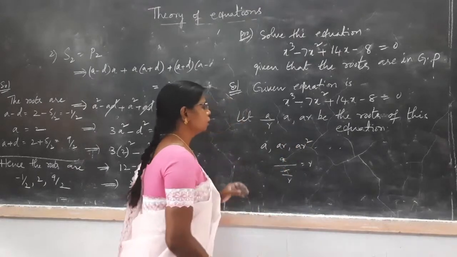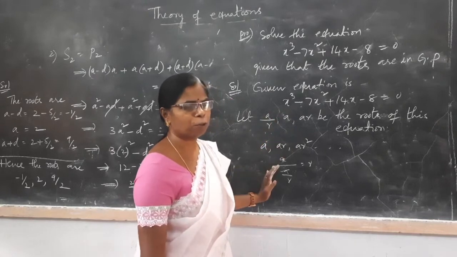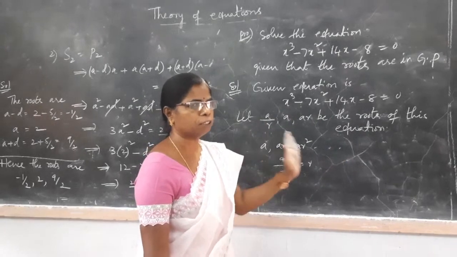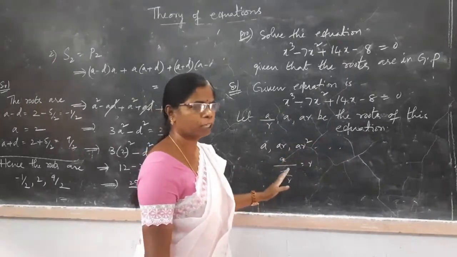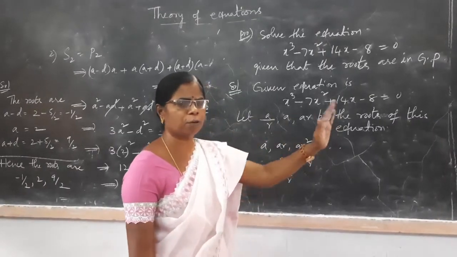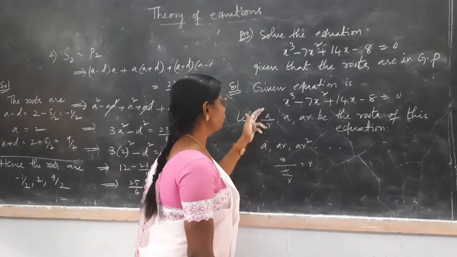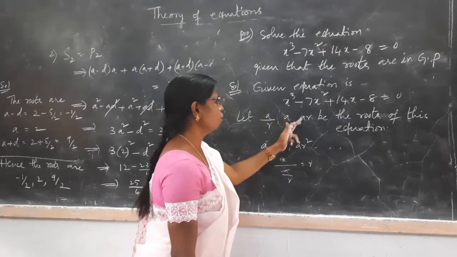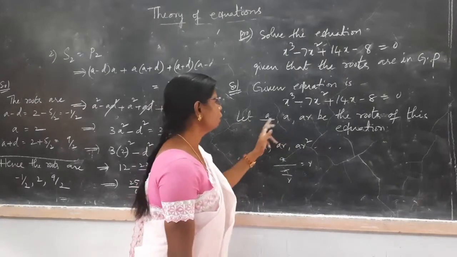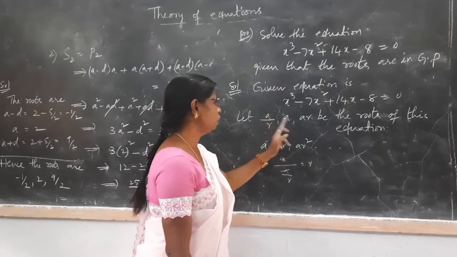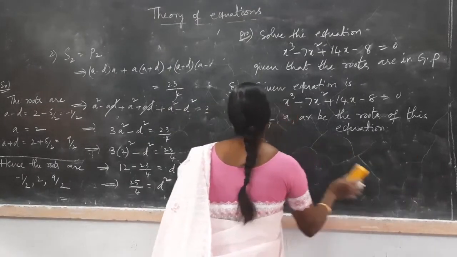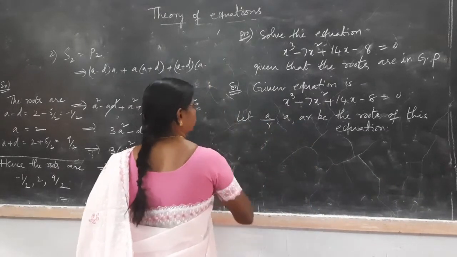Okay, like that. Earlier, when it was AP, what did we do? Instead of taking a, a plus d, a plus 2d, we take a minus d, a, a plus d, for the sake of convenience. No doubt, a minus d, a, a plus d are in AP. Here also, a by r, a, ar, these three terms are in GP, because the ratio is the same. So after taking it like this,